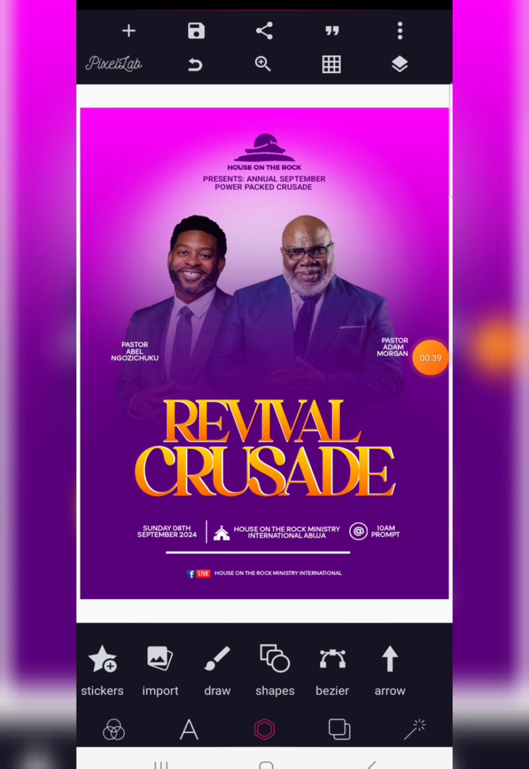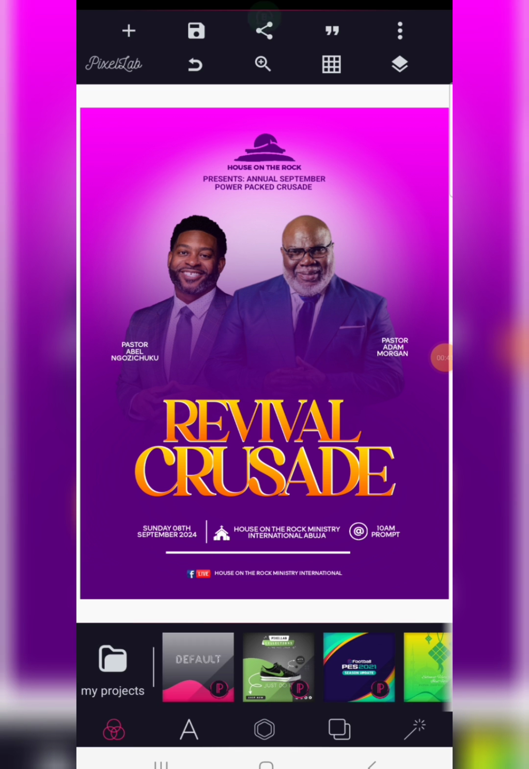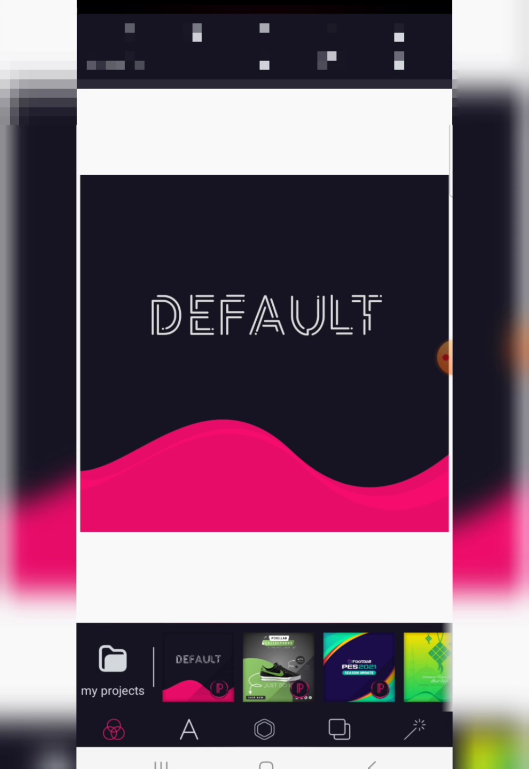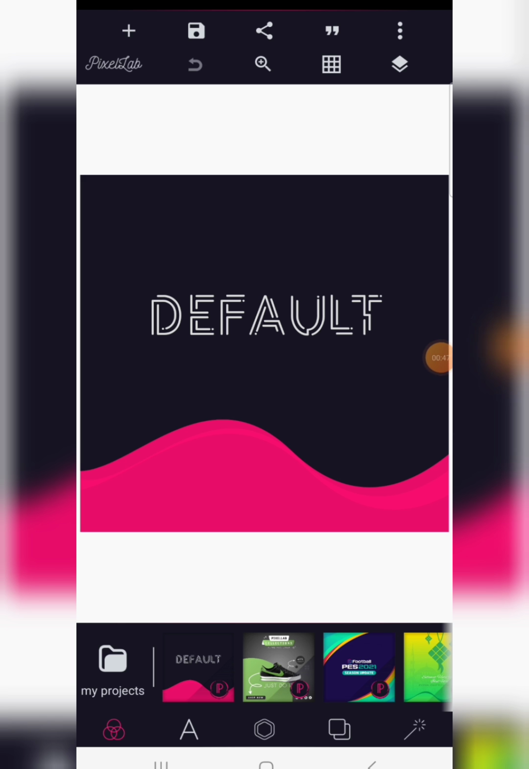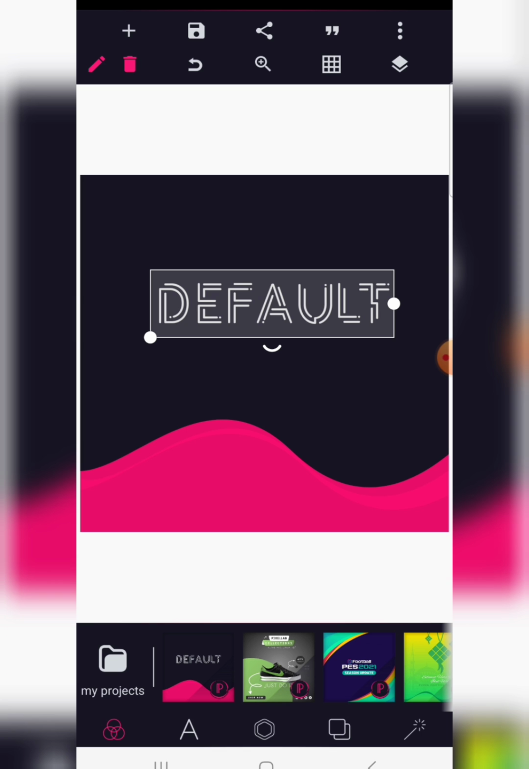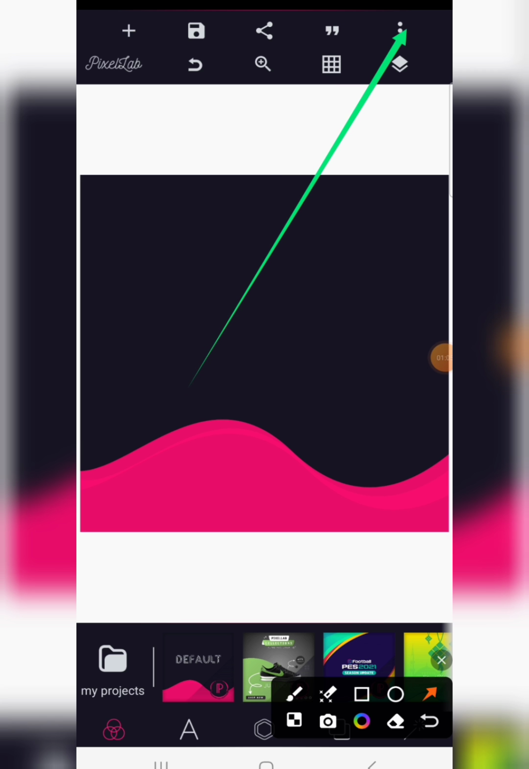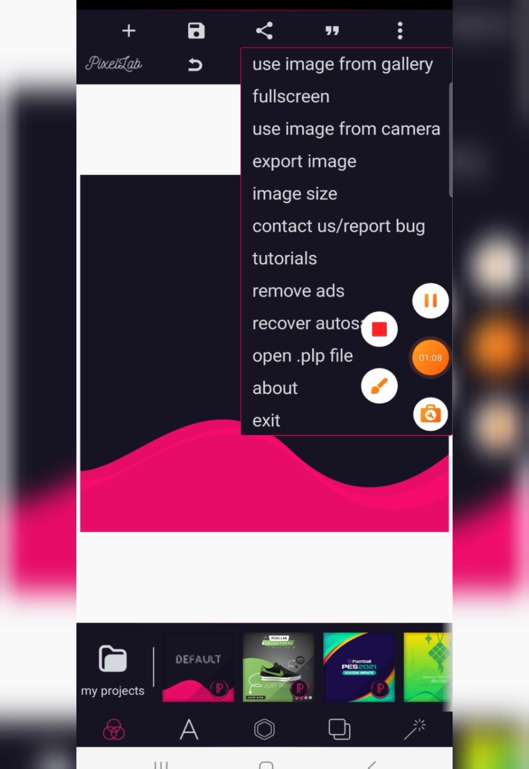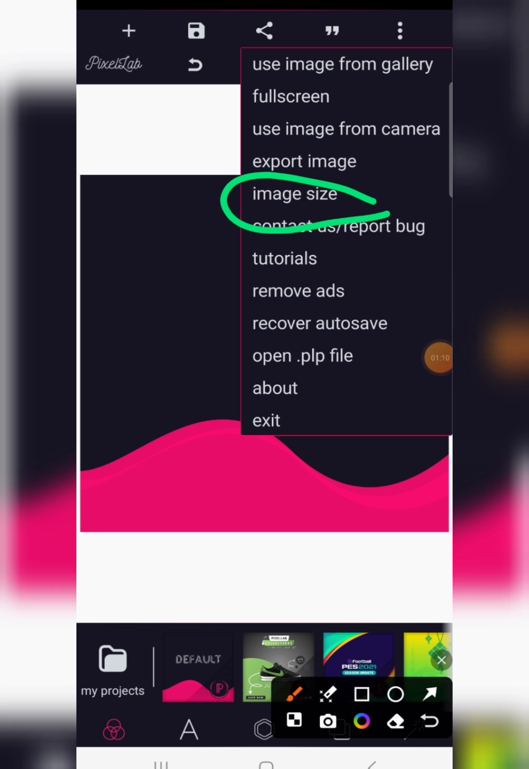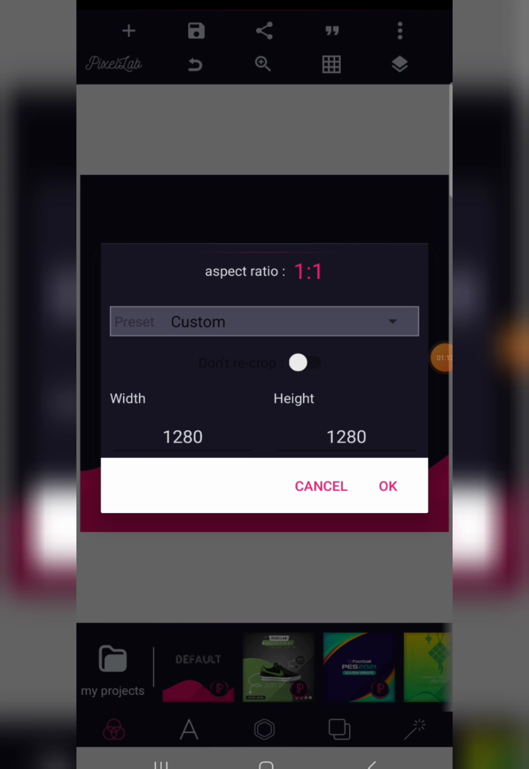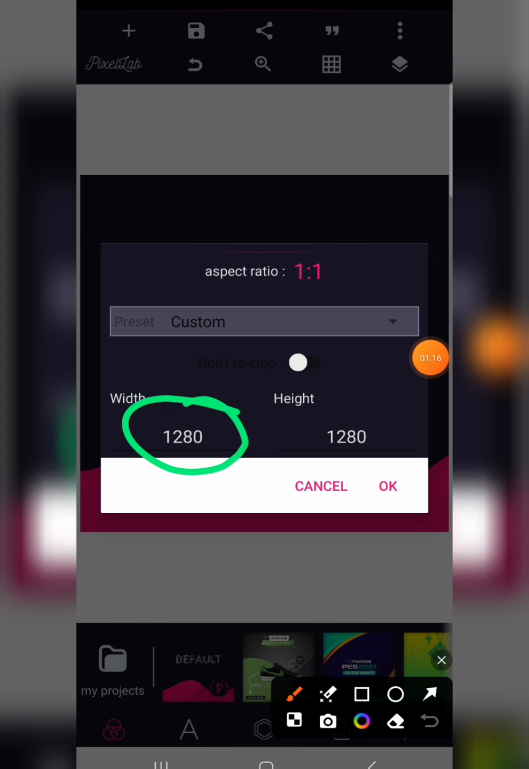What we're going to do here is to restart everything afresh so that you can see where we're coming from. Here is the default page on Pixellab. When you launch your Pixellab, you will see this interface. I've been sharing this version of Pixellab, so if you need it, just drop a comment, I will give it to you. We are going to delete this default text, by the way, and after deleting the text, go to these three dots right here on your extreme right, and on that three dot you will see image size. Now click on image size, which will permit you to have a width of 1280 and